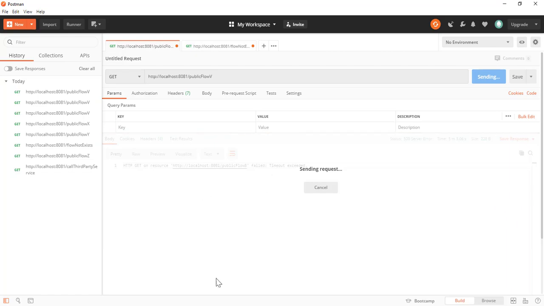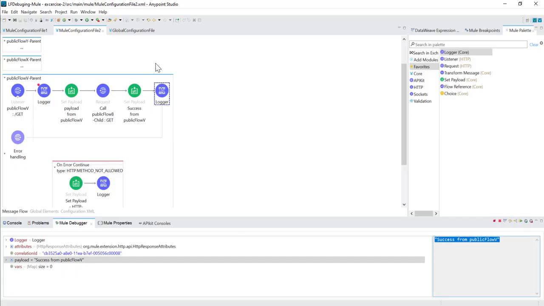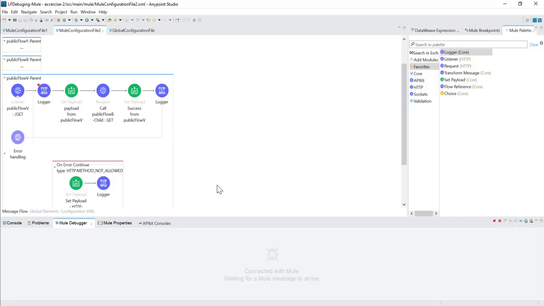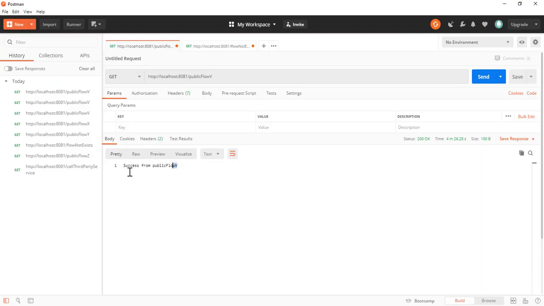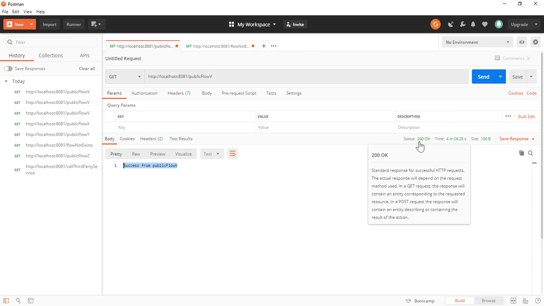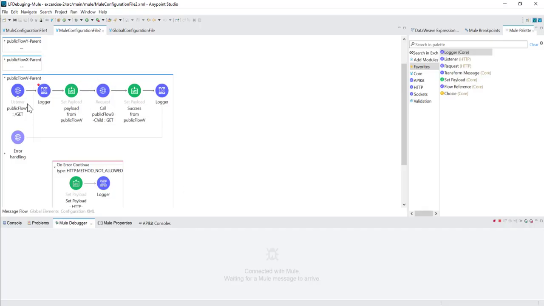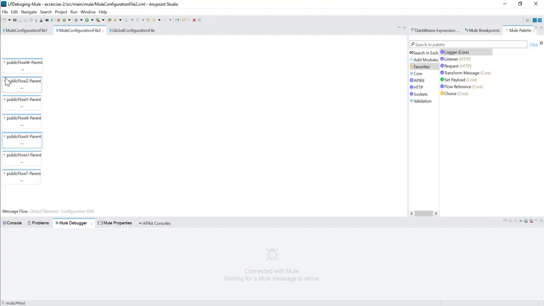So now if you see, we haven't received any response yet. So now we'll move ahead and we'll see that we have received success from public flow V, and this is the status code. All right, this was in case an error happens in the child flow, how it is handled in the child flow. Based on that, the actual response is returned from the parent flow to the actual caller. All right,